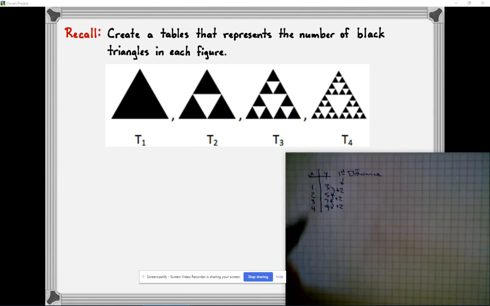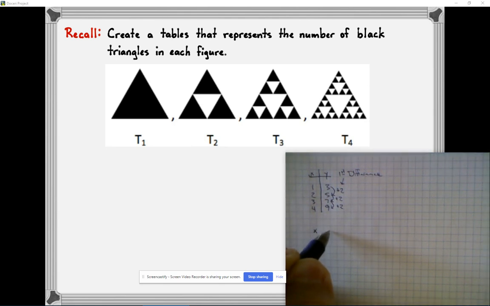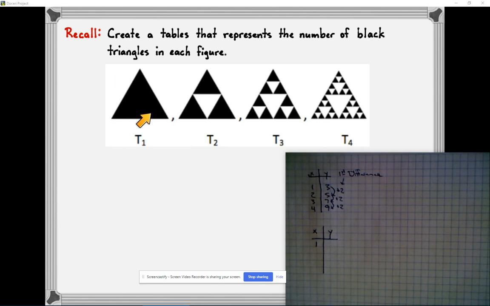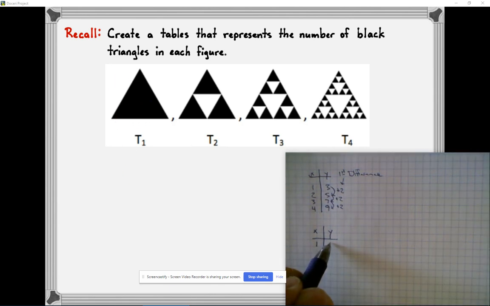All right, so hopefully you paused the video and you went through this on your own. Let's go ahead and take a look at what you came up with. In the first step, we can see that we have one big black triangle. It doesn't say how big they have to be, it just says how many do you have. So in the first step, we have one black triangle. In the second step, you can see that we have 3 black triangles. In the third step,